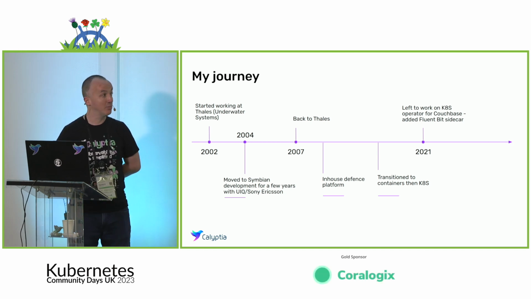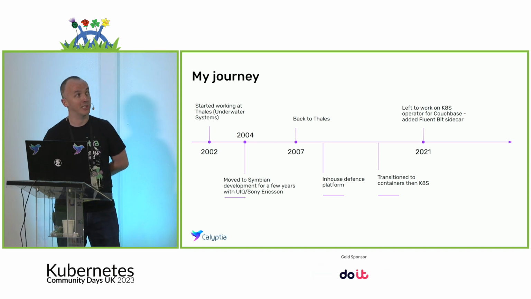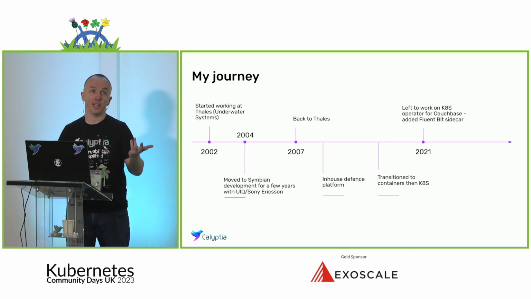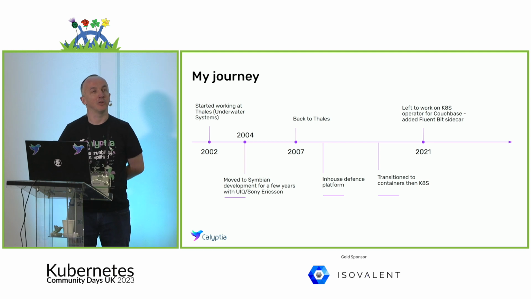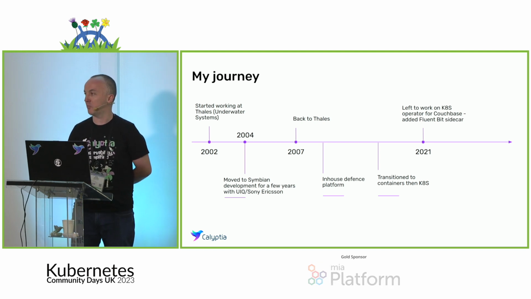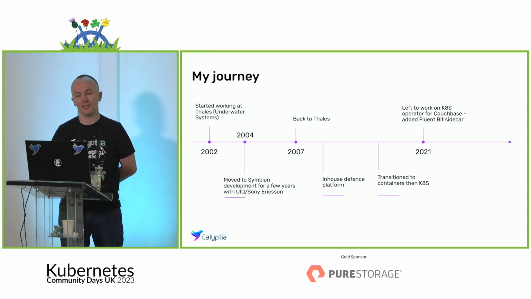One of my first jobs was to add observability to Couchbase. Couchbase came about before Kubernetes, so its container deployment was multi-process. So it was quite large, and it didn't really follow the traditional observability approaches that Kubernetes followed. So I added a FluentBit sidecar to it, and this is where I first started